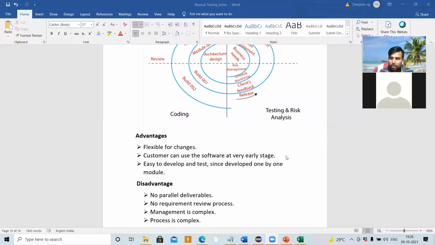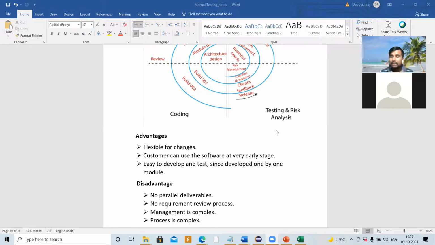So the waterfall model and the SDLC process are the same, because that is the basic model they started with for developing software, and with new requirements they came up with different models. Okay, so today we have seen SDLC, the waterfall model and the spiral model. Still, this spiral model has disadvantages.